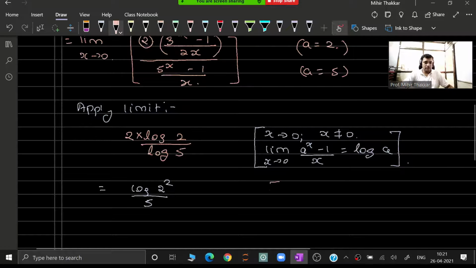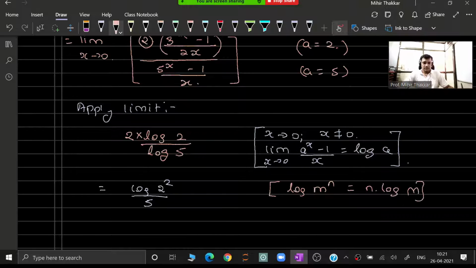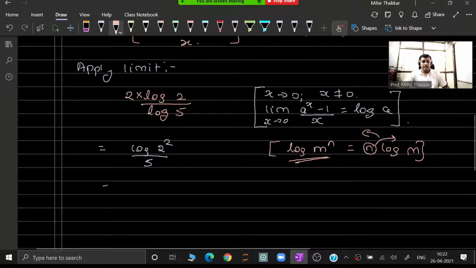If you remember from the logarithms chapter, I had told you the properties. In fact, log of m raised to n is always equal to n log m. So reverse also is possible. Whatever is here in the power can be, the coefficient of log can be taken in the power of log, like this. So I just did the same thing over here, and hence I get this is equal to log 4 upon log 5. So this becomes our answer.